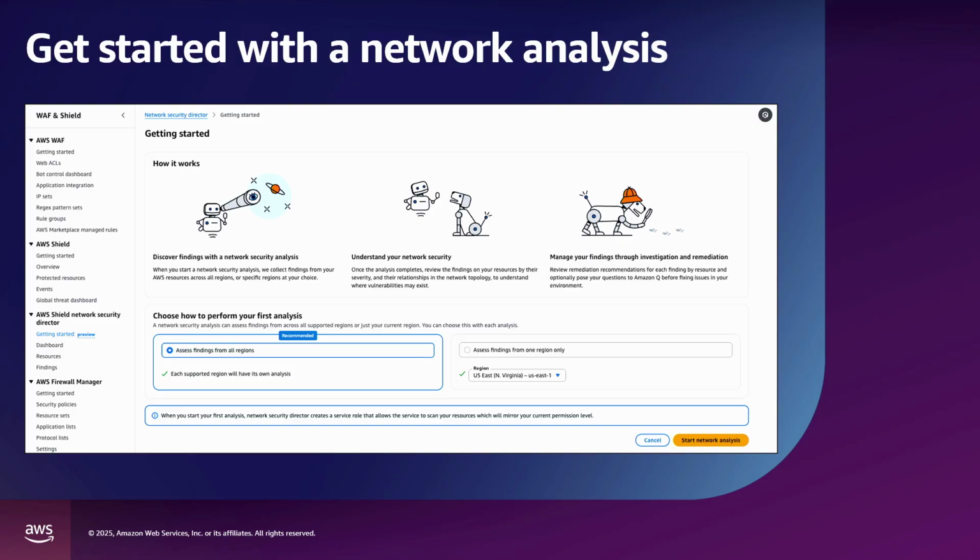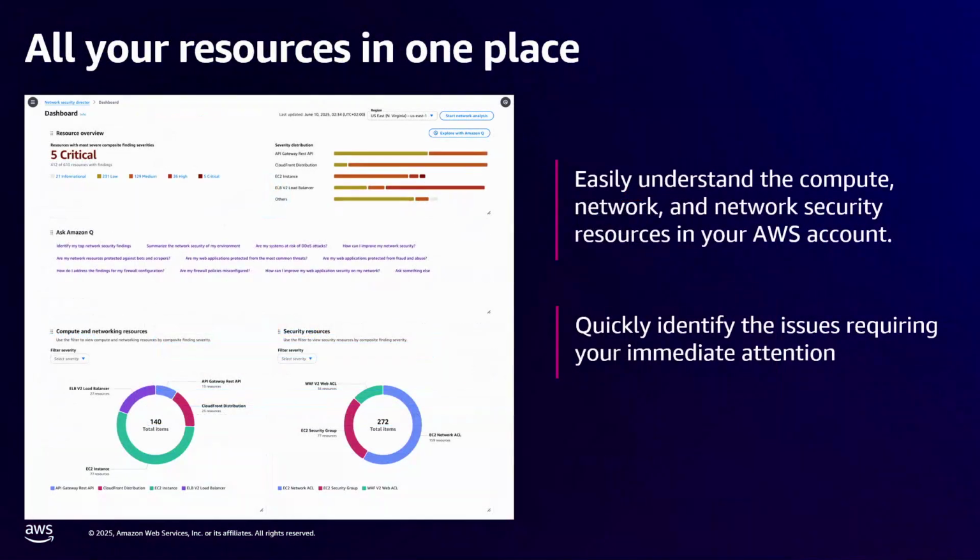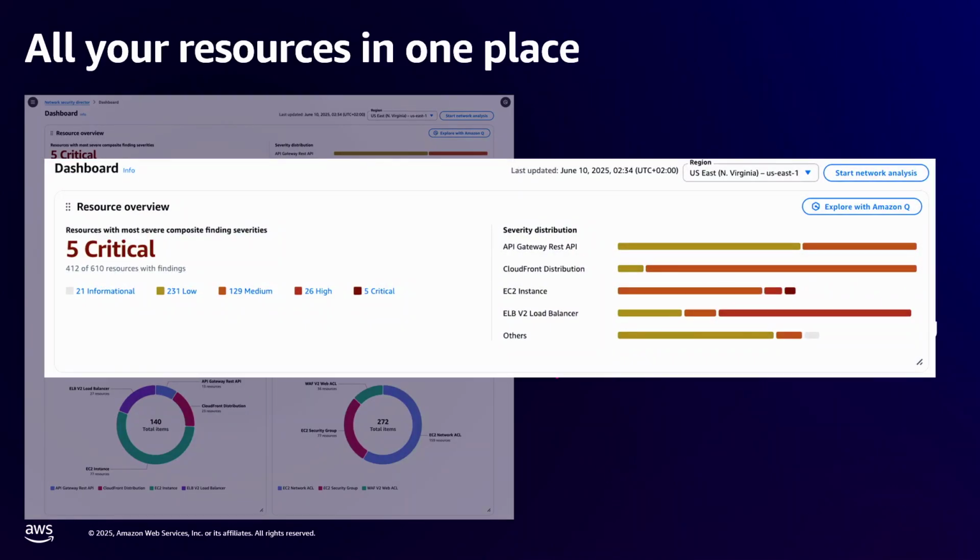And upon completion of that network analysis, you're taken to the dashboard. I'll zoom in here on aspects of this dashboard for you. The first part is an overall summary of the most critical things in my environment I need to go look at right away, based on a severity level we've assigned to a given resource. You can then drill down further. You can look at severities of resources by resource type and the distribution of those severities for those resources.